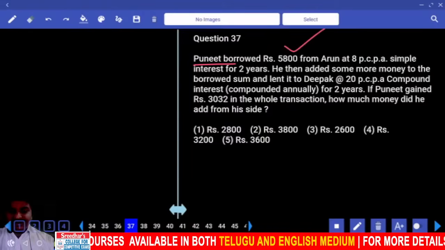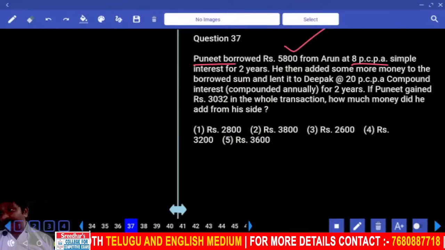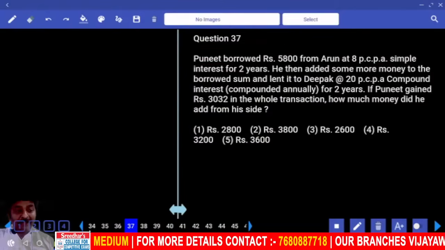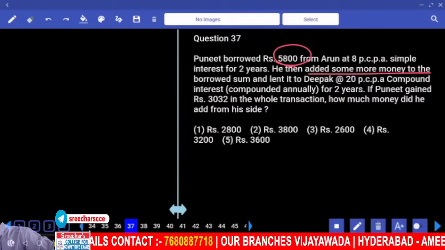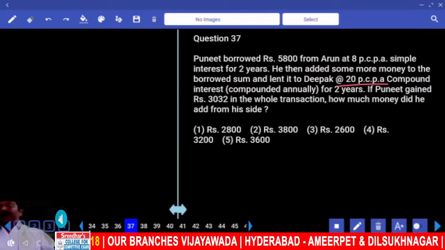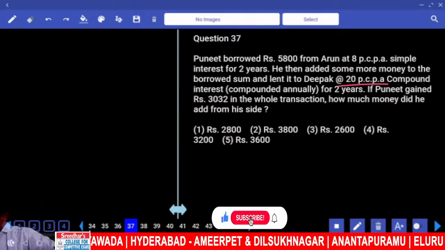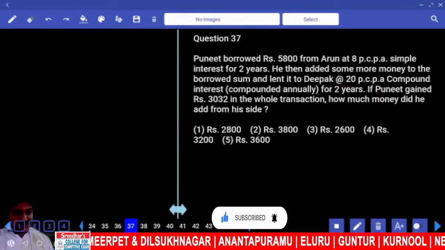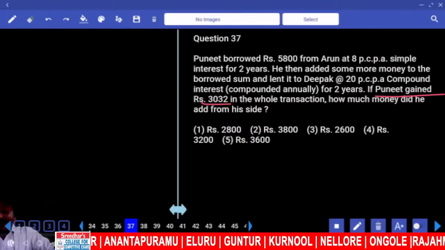You borrowed 5,800 from somebody and you are paying 8% per annum simple interest for 2 years. Now you are giving it to me after adding some money. To this 5,800, you are adding some more money and lending it to me. And from me you are charging 20% per annum but compound interest. You increase the percentage and you also change the type of interest. So in this way, if you gain 3,032 in the whole transaction, how much is the money that you